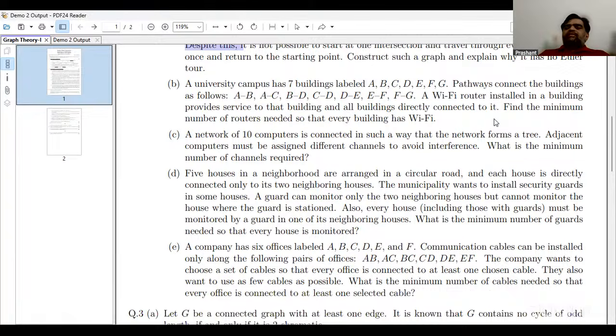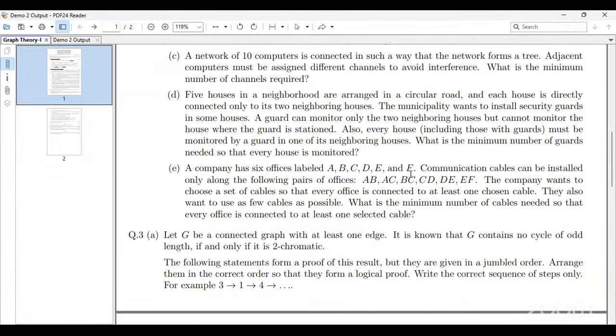I want the student to be able to see this problem and apply whatever they have learned in graph theory, and understand that the domination number should be applied here and find it. I tested this in the examination, and most of the students attempted and gave the answer. In the classroom also, I give this type of flavor when I'm teaching these concepts. So these are the things which I tried in last year's examination.